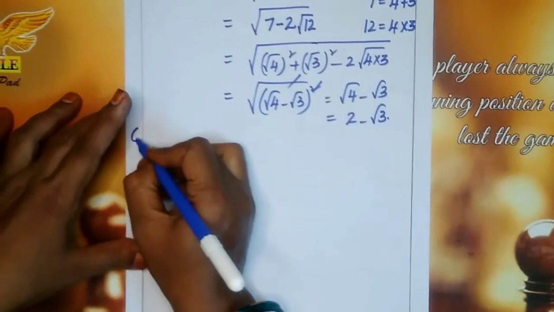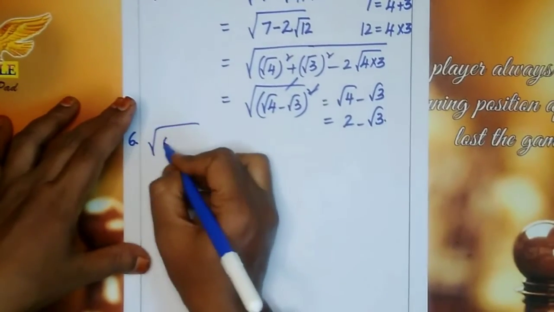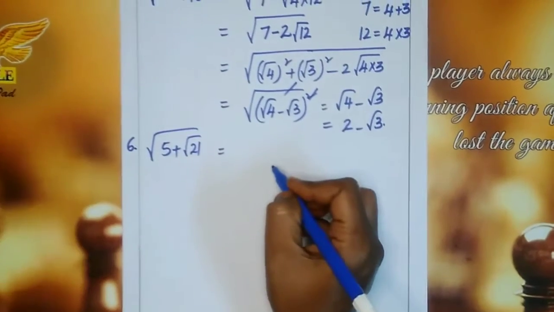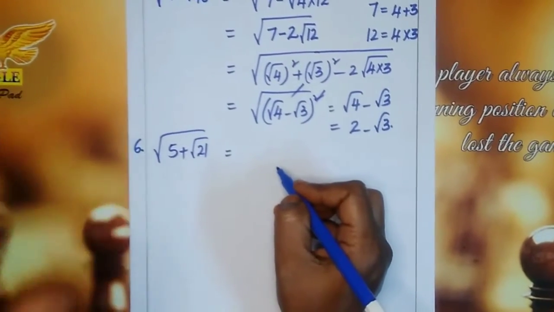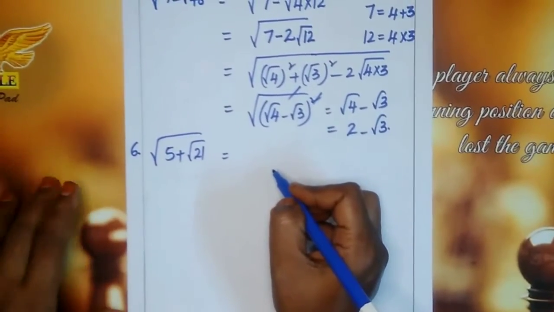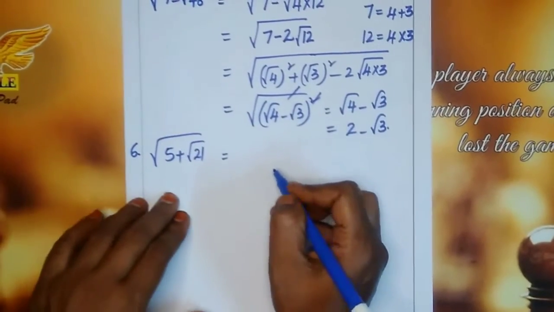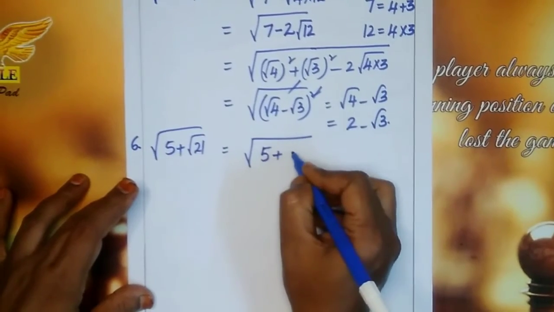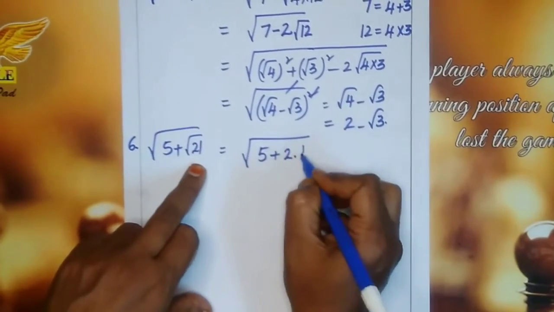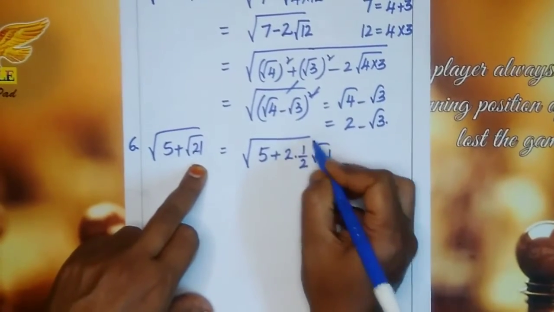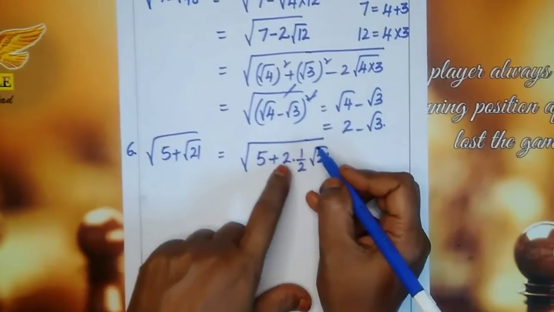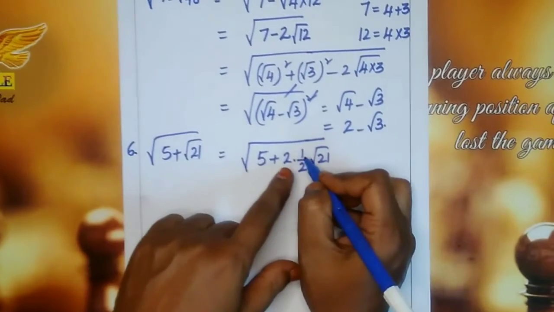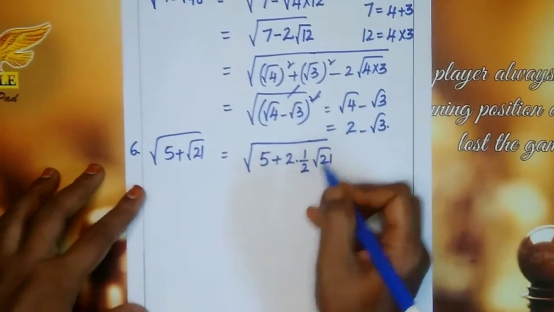Next question. Square root of 5 plus root 21. Here again it is different because in the previous problem we split 48 like 4 into 12, but here we can't split like that. So what we have to do? Here it is another technique. So 5 plus, you have to write 2 into 1 by 2 into root 21. That means before this inner root I arrange 2 into 1 by 2. That means 2 cancels, again you got 1. So when you are multiplying this root with 1, there is no change. So I arrange like 2 into 1 by 2.